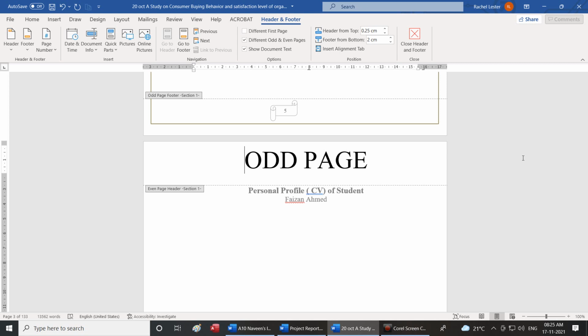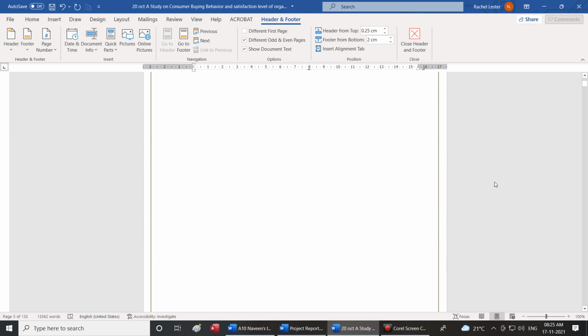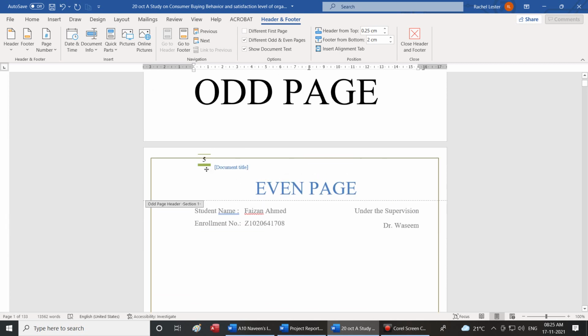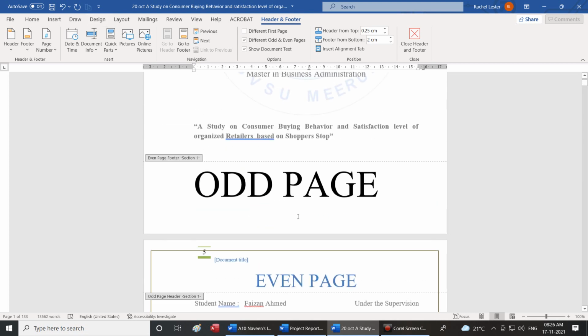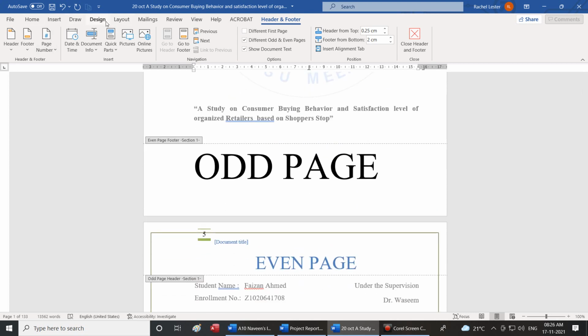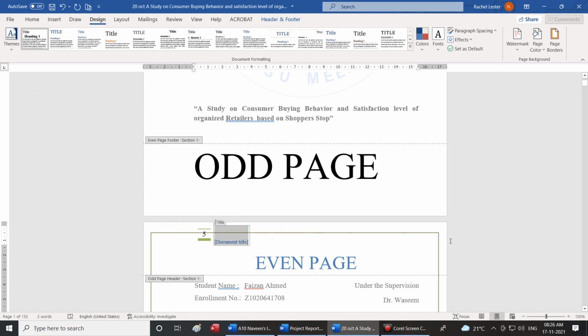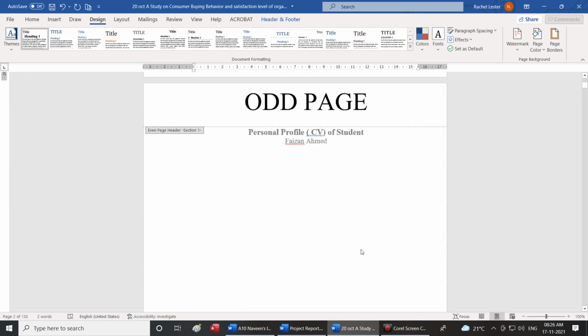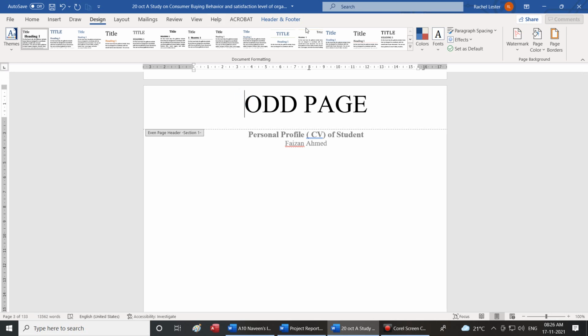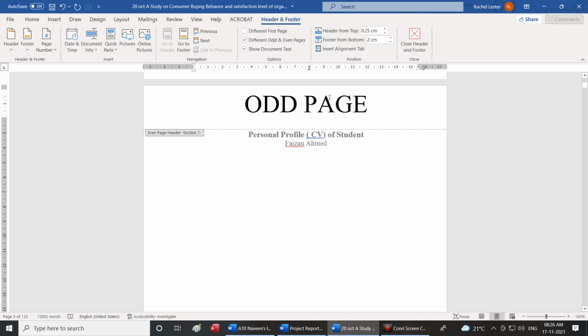Okay, all of you look at the screen. See, even when I am talking about a header and a footer, the entire space here is called my header. Okay, let me remove this border so that I'll be able to explain it. Page borders, none. Okay, we'll go to some place where there is no border. Now here I can define, if I'm inserting a small graphic here, can I push that graphic down? Yes, it is possible. How do I do it?